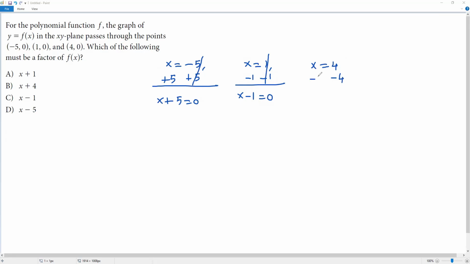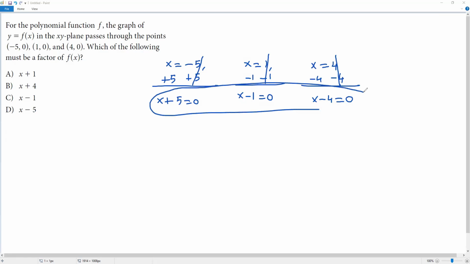Let me subtract 4 from both sides of the third equation. Positive 4, negative 4 will cancel. I'm getting x minus 4 equals 0. Here, in all these three equations, we have 0 on the right side. Now, this x plus 5, x minus 1, x minus 4 are the three factors of the given polynomial function